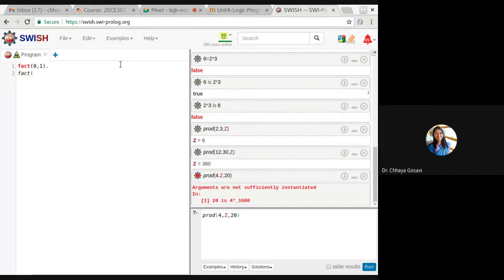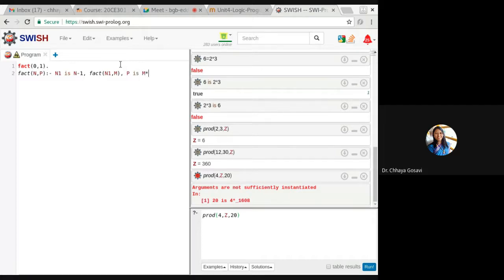Then factorial of n should be p, provided that n1 is n minus 1, factorial of n1 is m, p is m into n.